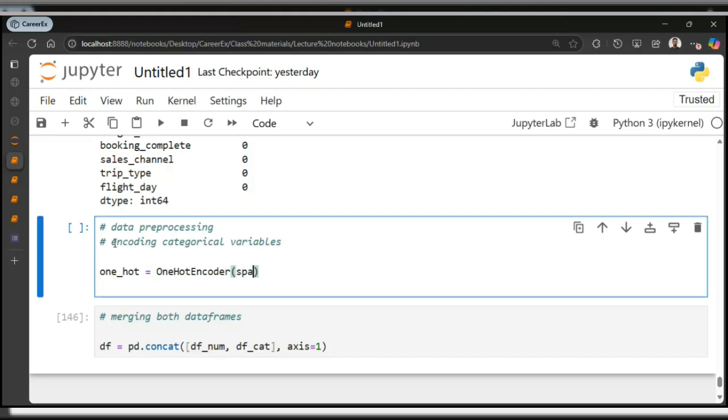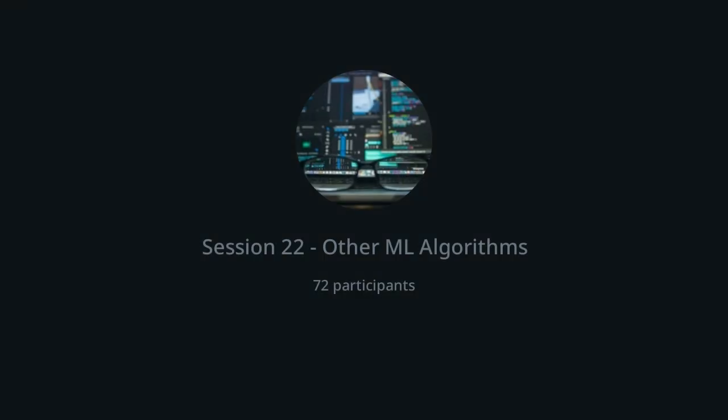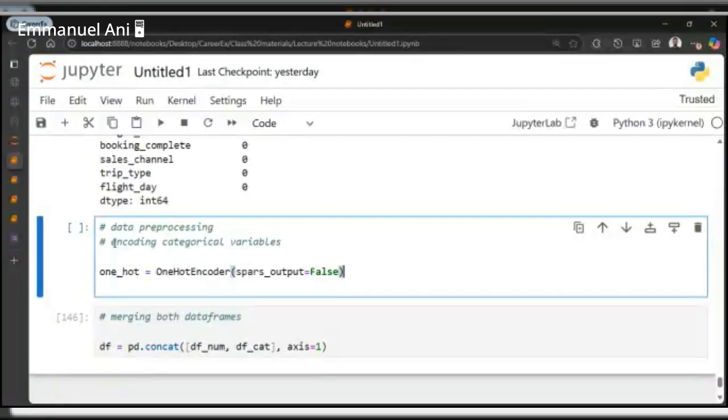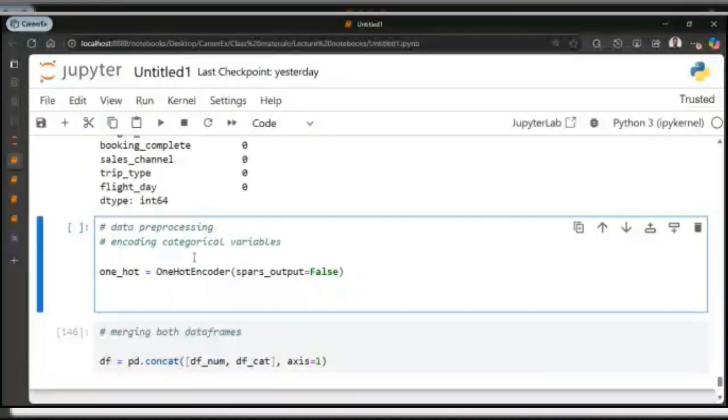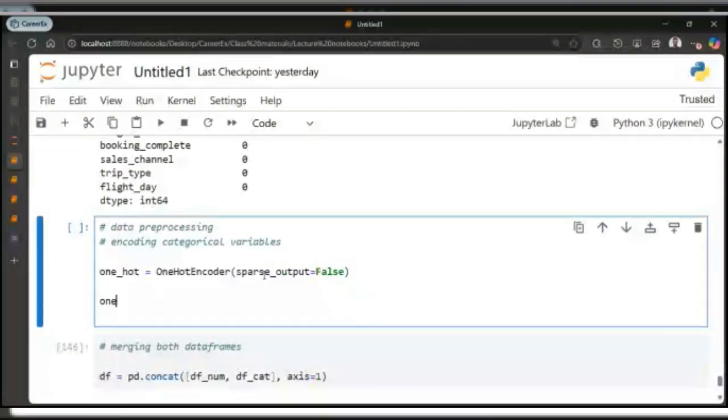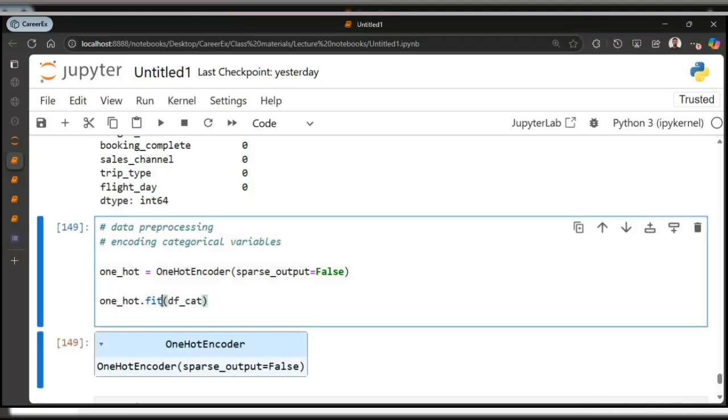Okay. OneHot.fit. So I'll be fitting the categorical variables, which is df cat. All right. I'm just going to do fit and transform together.